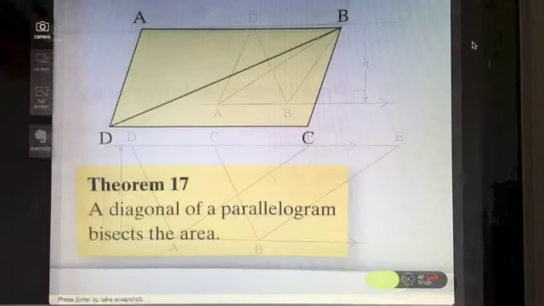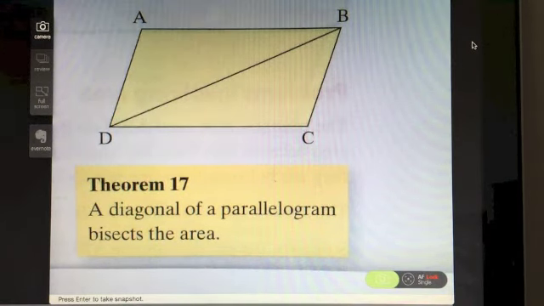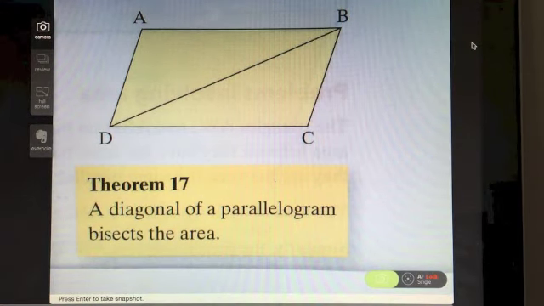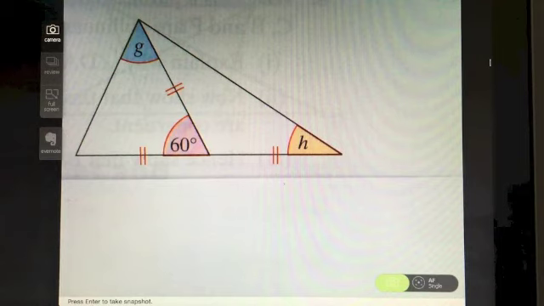the same area. Theorem 17 states that the diagonal of a parallelogram bisects the area. And the word bisect, if you remember, means to cut exactly in half. So the diagonal of a parallelogram bisects the area. In other words, the diagonal will cut the area exactly in half, so equally into two. Okay, so let's jump into some questions now, just practicing all those angle facts that we've